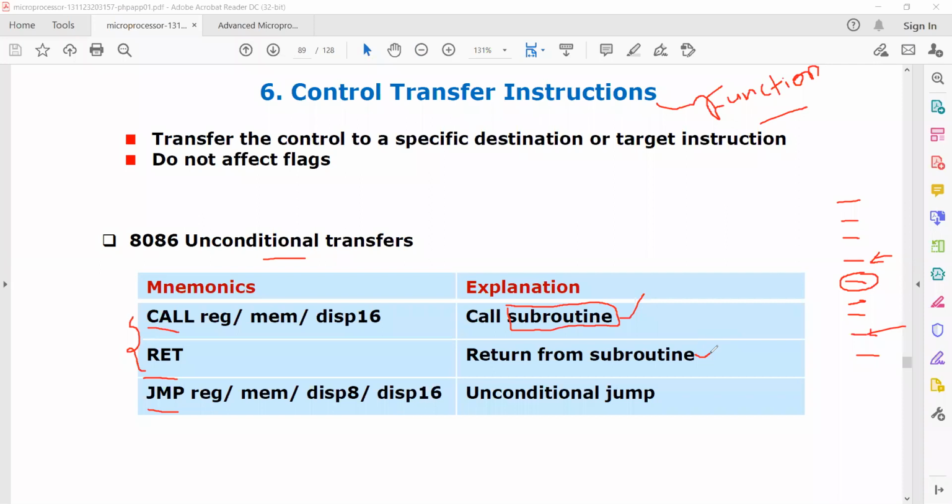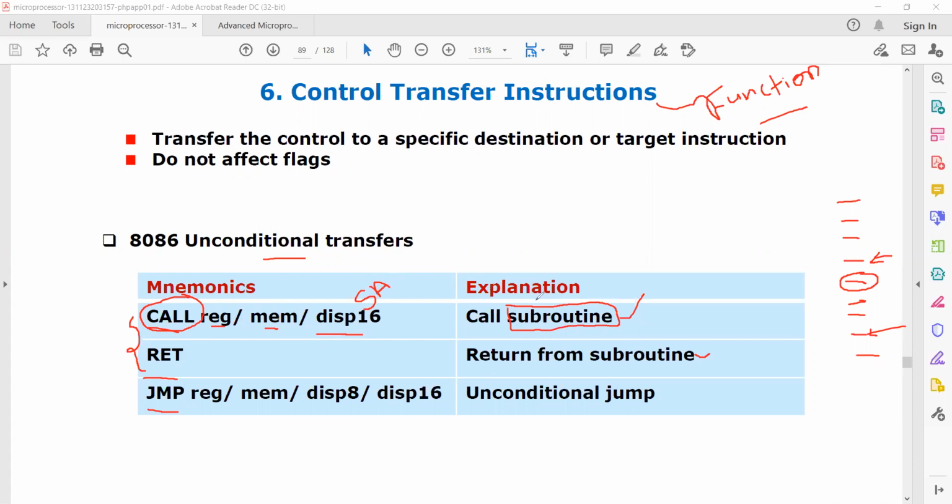written separately and stored at a particular place. In order to access that particular subroutine, we use call instruction. This instruction is used to access the subroutine. Here the register, memory, or displacement gives you the starting address of this particular subroutine.